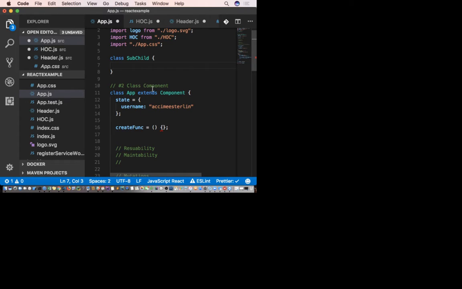The one thing that I know for sure is when you extend the component, which is this component from React, right? There are a couple functions that React itself is in charge of. It does some logic and makes sure that they have great control over them, such as render, such as componentDidMount, and so on.